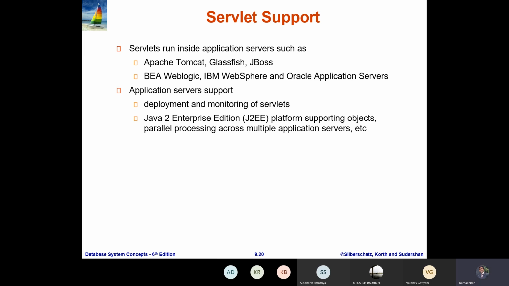We use a number of applications for this kind of services, and Apache Tomcat is very popular, and Glassfish and JBoss. These are mainly used for servlet programming. And here you can see that we use different flavors of Java programming for this kind of development. When we do any application development, Java 2 Enterprise Edition, we have different versions of the Java programming